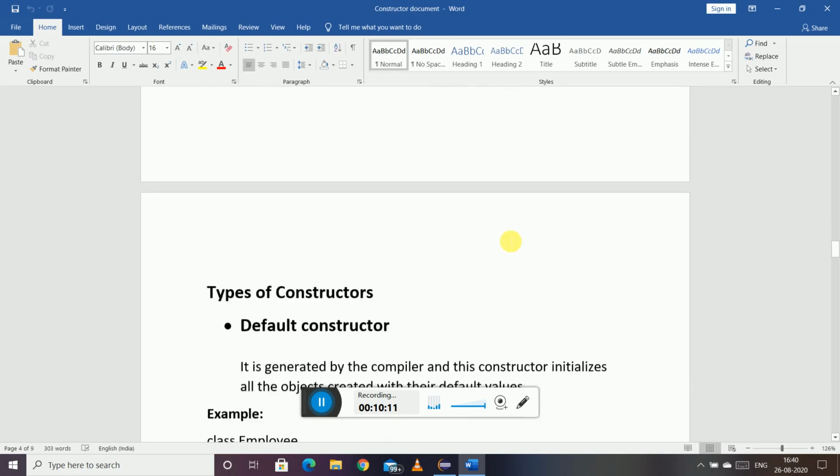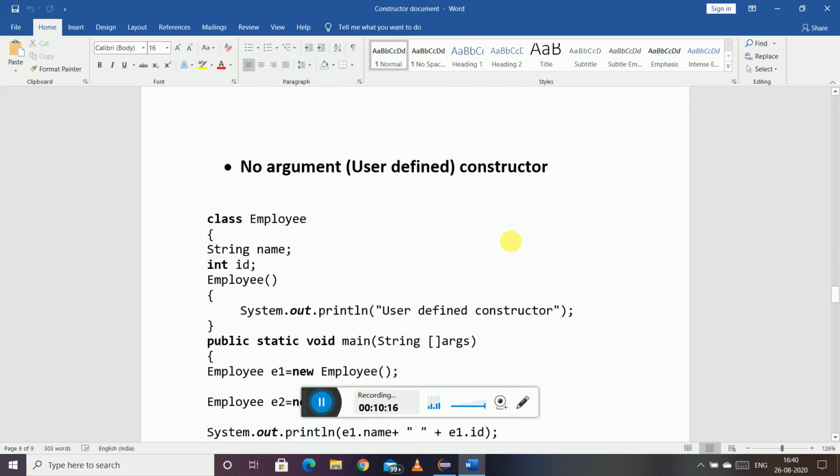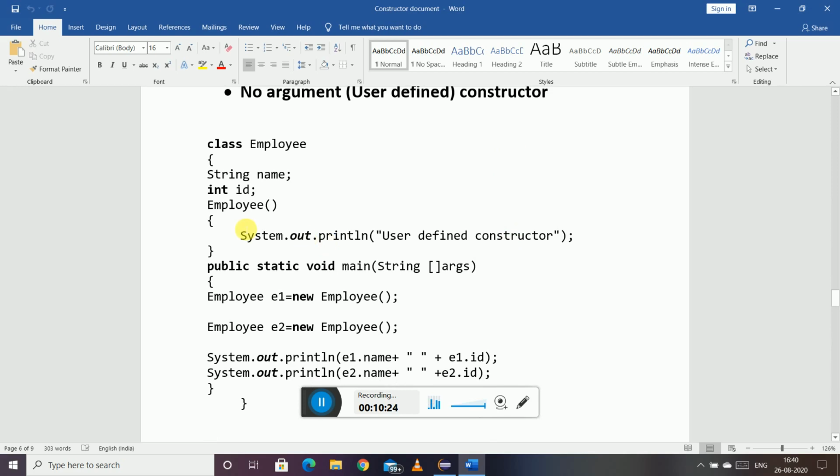Now the second type of constructor is your no argument or user defined constructor. This is not a default constructor which the compiler generates, but it is created by us. We separately create a constructor like this, and as I have told you, it has the same name as the class and no return type.